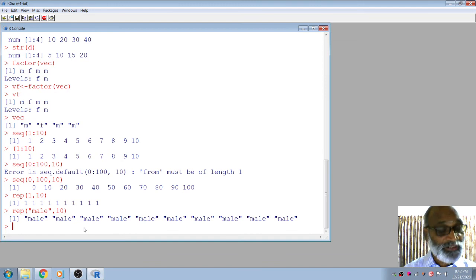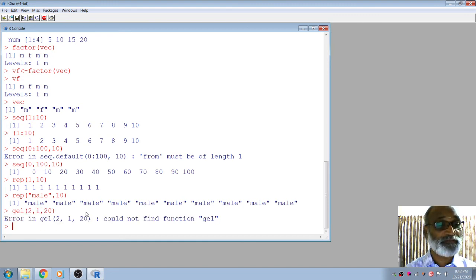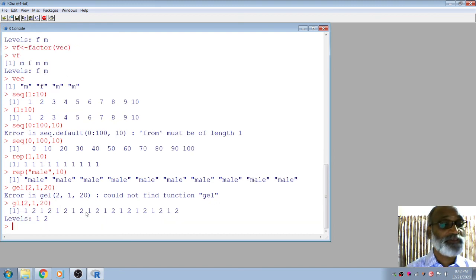Similarly, there is the generating levels function, which is the combination of sequence and repetition. For example, generate 2, 10. Generating levels, gl. So it is a combination of sequence and repetition. You see here 2 means 1 and 2, 1 and 2, repeated 10 times.